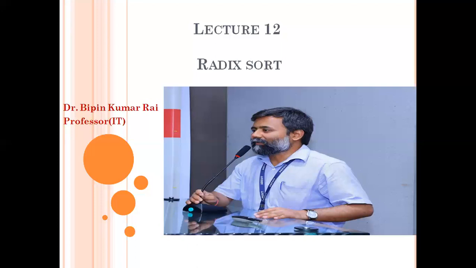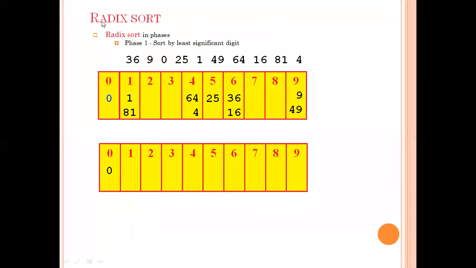So I am just taking an example. Suppose this is the list. For simplicity, we have taken 2 digits. For these digits, the possible values are 0, 1, 2, 3 to 9. If we sort names, in which we may have 26 values A, B, C to Z, there will be 26 radix.